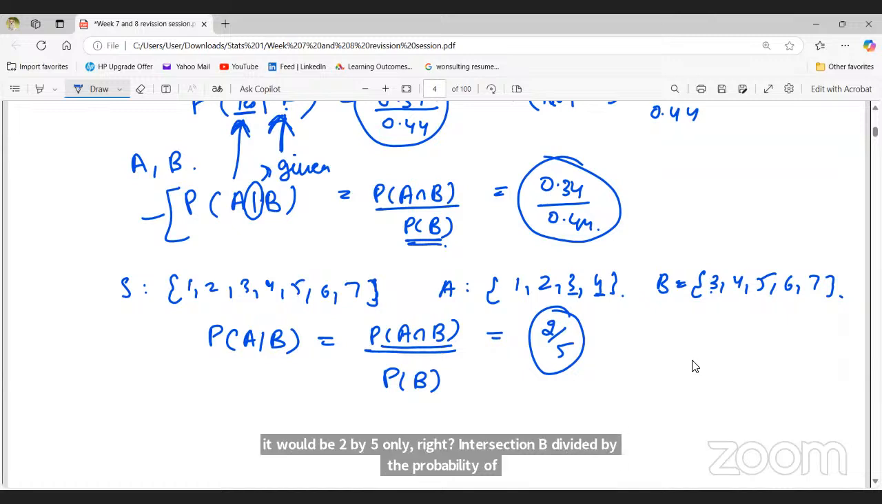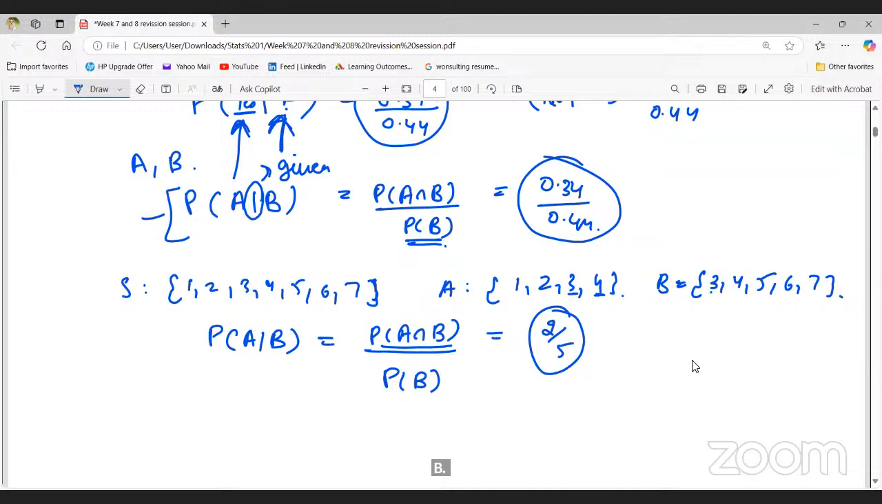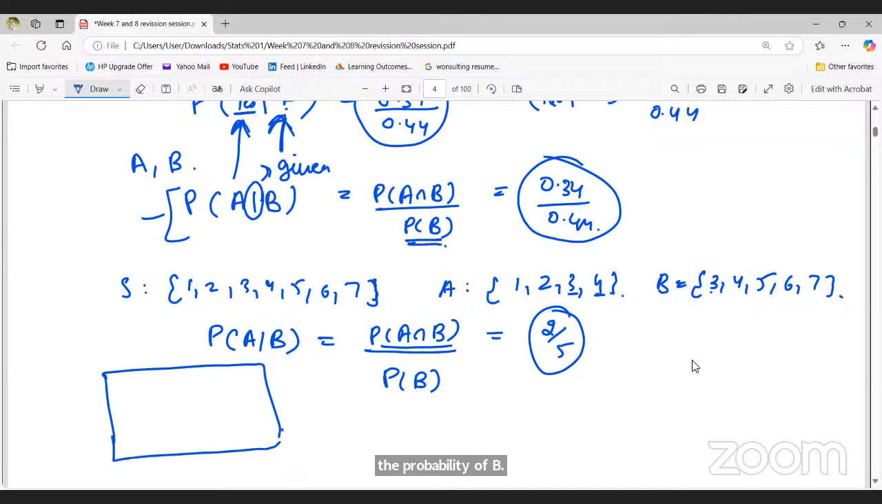And why does this property hold true for probability? What's the mechanism behind what we are doing? We are just taking the intersection and dividing it by the probability of B. If I draw it as a Venn diagram,